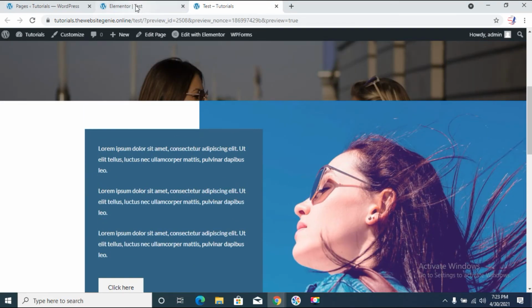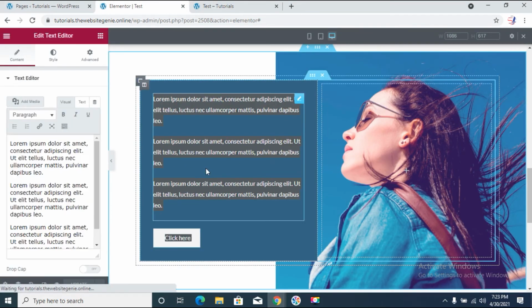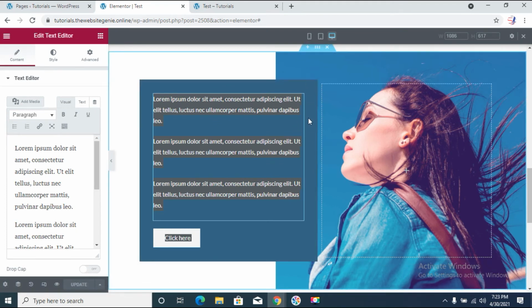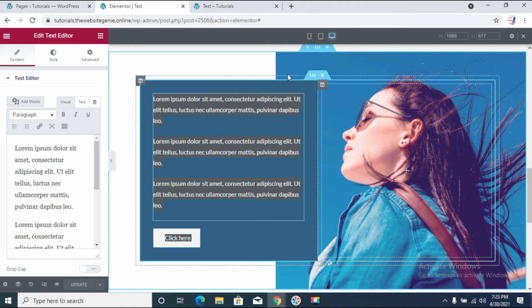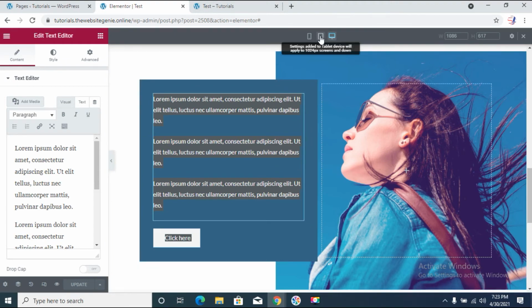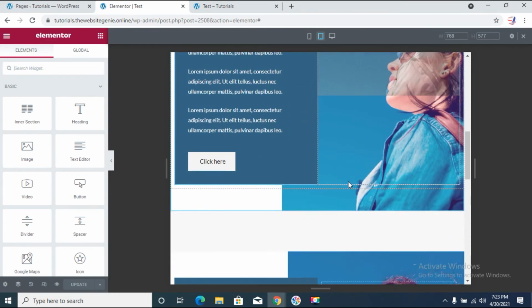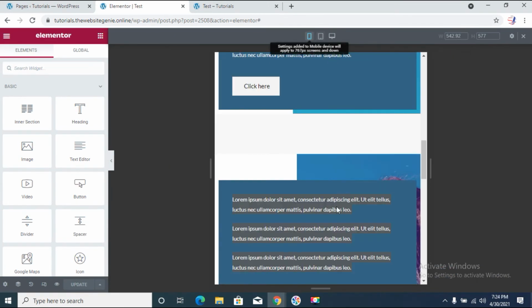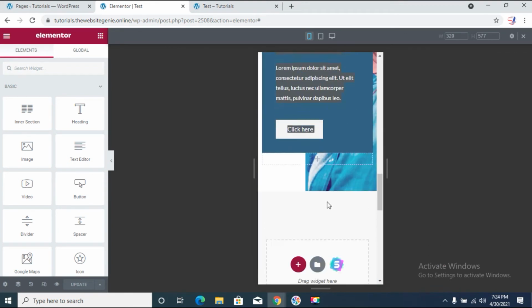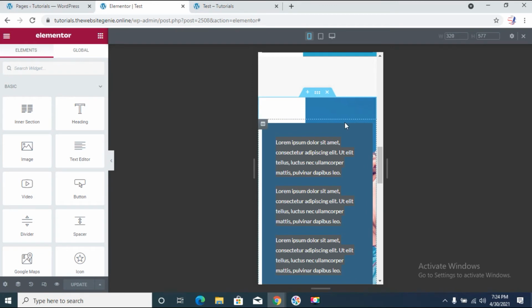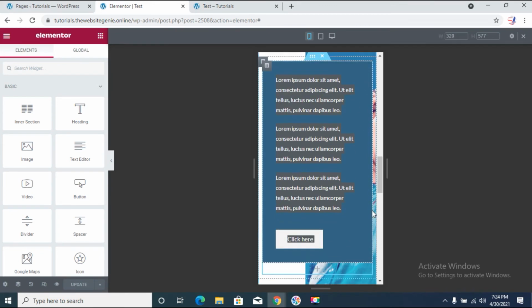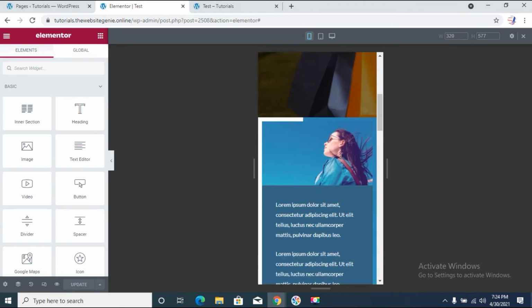But there is one problem left to fix. Once this is all good for the desktop version, and the tablet version also looks good, in the case of the mobile version we cannot see the overlapping effect, rather the background image is not at all visible. If you see the preview that we have already created, you can see that the image is sitting on top of the column.